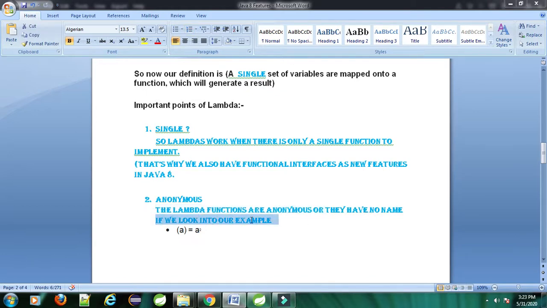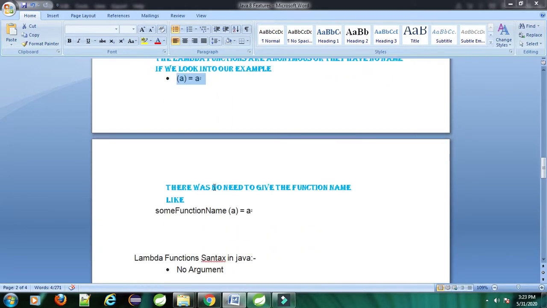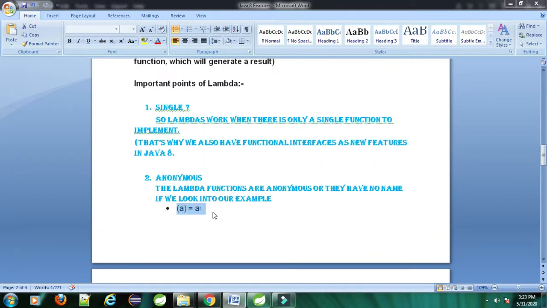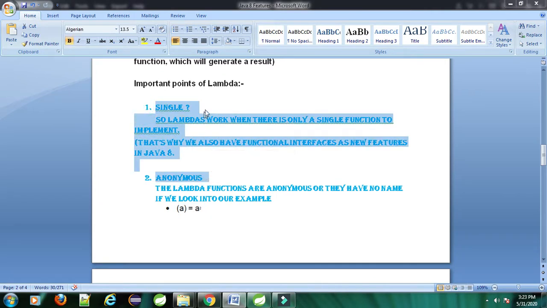If we look at this particular example, there was no need to give a function name. I am not giving any function name like function A, B, C or XYZ, whatever name you would provide. I am not going to provide any name here if you are working with lambda. So the main important things when working with lambda are single and anonymous.